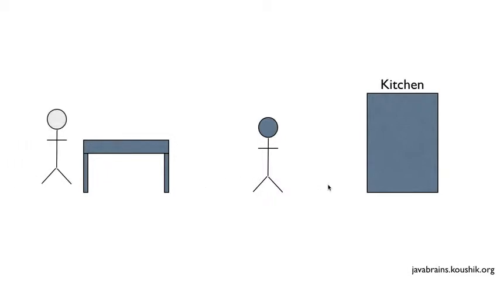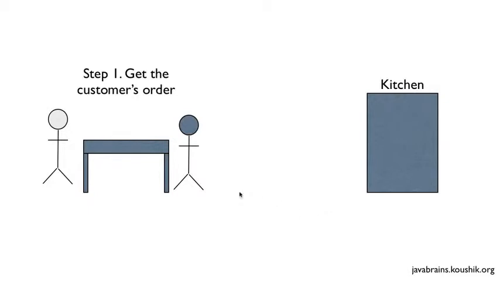Now we have a customer who comes in, and they want to try out this new restaurant. So what are the steps that this guy has to do in order to serve the customer? Step one would be to first get to know what the customer wants, get the customer's order. Now he has to get the menu and hand it over to the customer. The customer chooses from one of the items available in the menu,